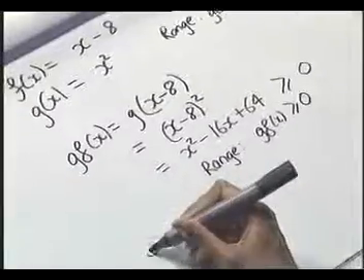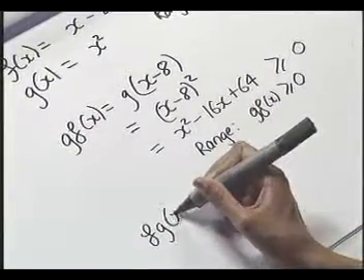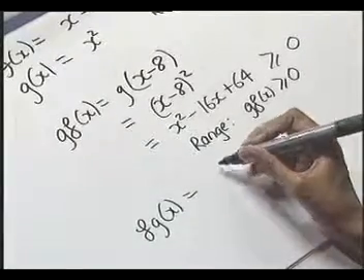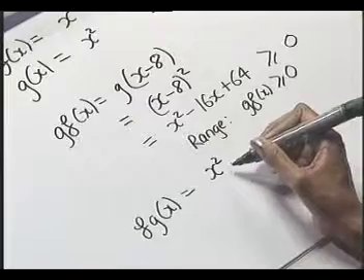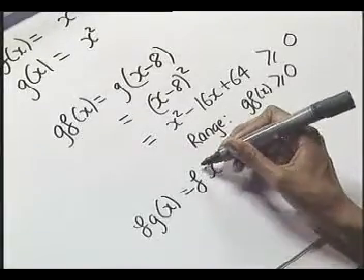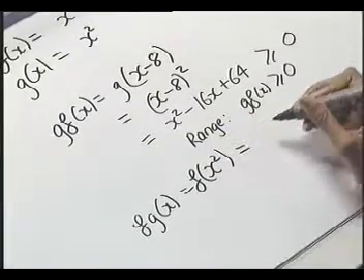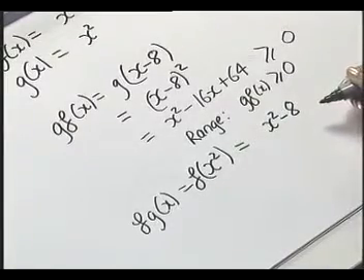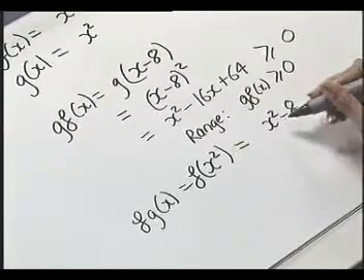Now let's look at what happens when we compose them the other way round. So this time fg of x. Well, again, g of x is x squared, and applying f to the whole of that, gives us x squared minus 8. Now, since g of x is greater than or equal to 0,